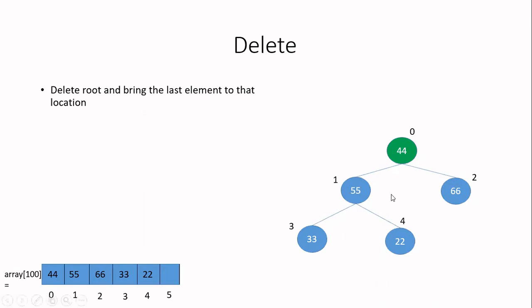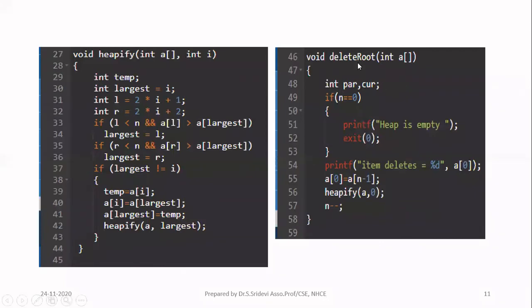Once I finish that, some part of the tree, either the right subtree or left subtree will be changed. You have to proceed in that subtree till you reach the last node in your tree. Right? So now let us see how we can proceed with this. So first I am going to write the function delete root. To this function I am going to pass only one argument, that is the array which contains my maxheap. I am not going to pass the item to be deleted because whichever item is available at the root, only that will be deleted. We can't delete any element as we like. So no need to pass that as the argument.